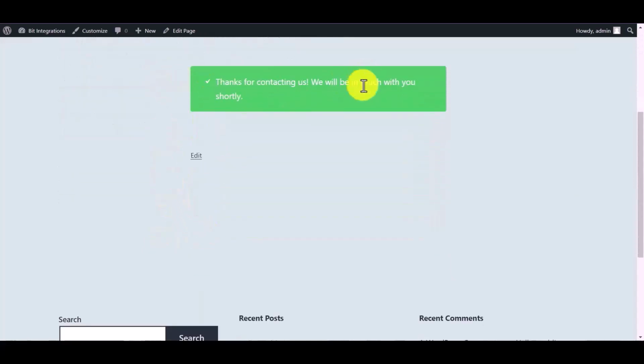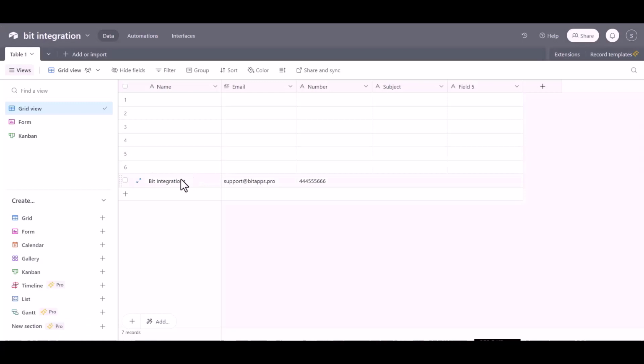Form submitted successfully. Now go to Airtable site and here you can see the data came successfully in Airtable via